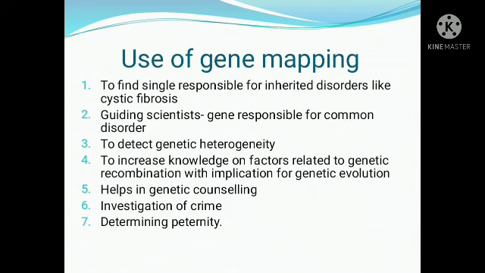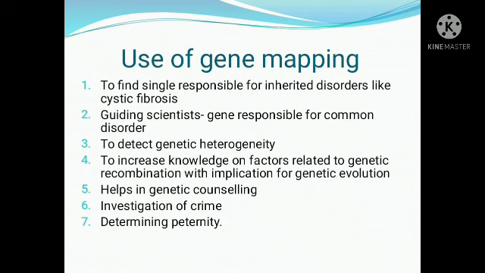Determining paternity. So the researcher collects the blood sample from the members, from the child and the expected father. And usually if it is the man's own child, one of each pair must be from the father. So they should be identical, one should be there in the child. If it is not there, the analysis can say that he is not the father. Who is the father, that information cannot be given. If 23 pairs are the same, found in the child, that shows that this man is the father of this particular child. So to determine paternity, we can use this.